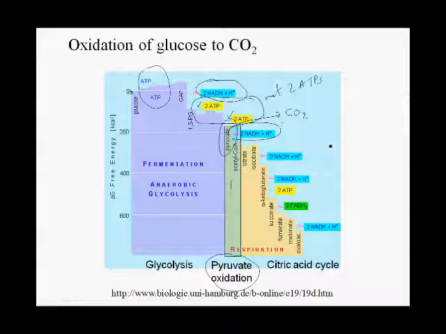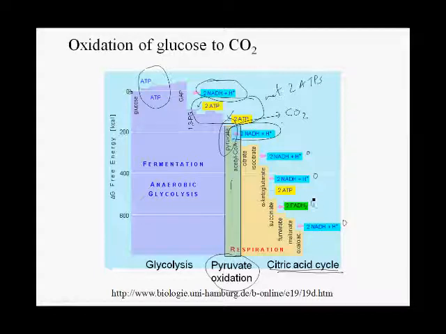The acetyl-CoA now enters what we call the citric acid cycle, shown here. And the citric acid cycle completely oxidizes acetyl-CoA to CO2. So the citric acid cycle completes the oxidation of the carbons in glucose to carbon dioxide. And in the process,